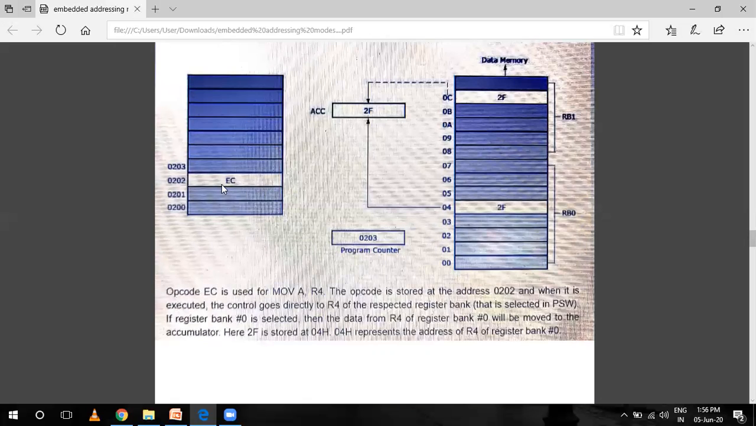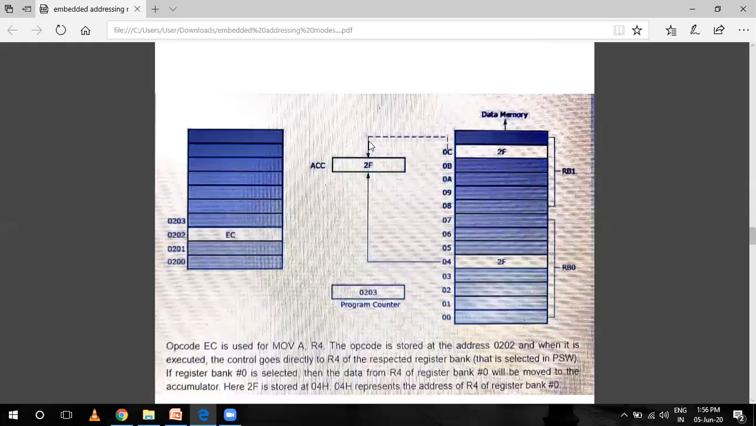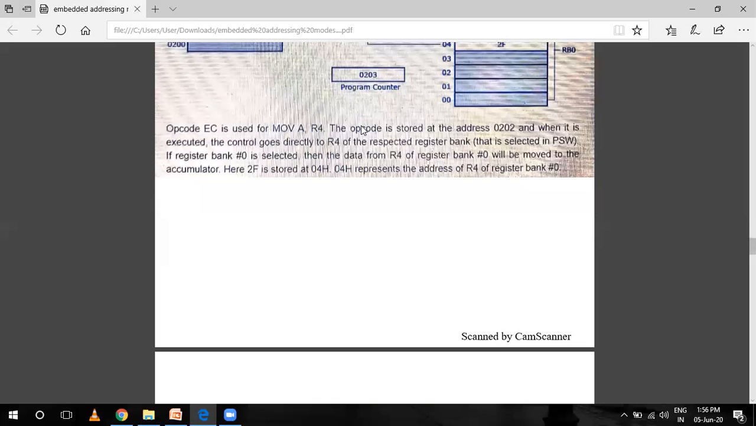So having this direct memory 202 is EC, program counter is 203, and this is the data memory having register bank R1 and RB0, and this 2F data is in the accumulator, from here it will go to the accumulator. Next, opcode EC is used for MOV A, R4. The opcode is stored at the address 202, and when it is executed, the control goes directly to R4 of